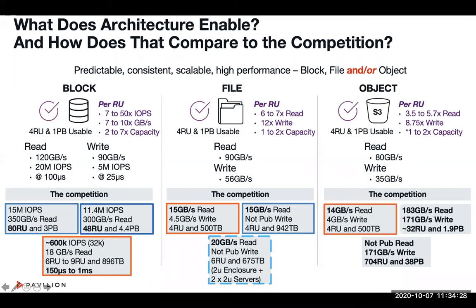People will say I can do 15 million IOPS, and this might be a leading storage company out there or part of an even larger company. But the devil's in the details, right? When you start to unpack that, you look at how do they deliver 15 million IOPS? Oh, wait, it's 80 rack units of space. So that's multiple racks of gear stacked together in order to deliver what we can do in a very small 4 rack unit